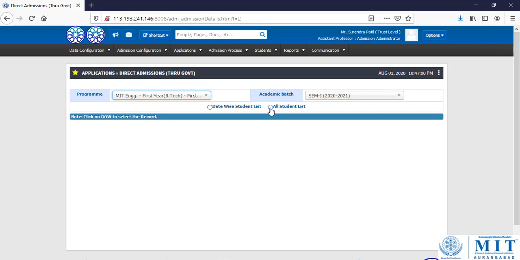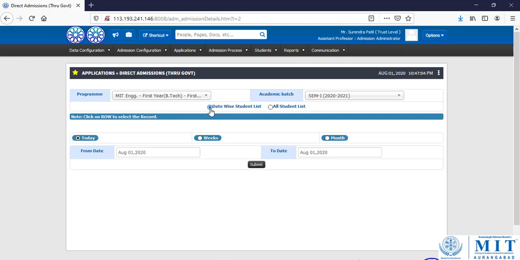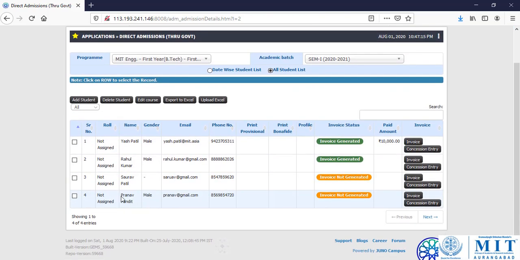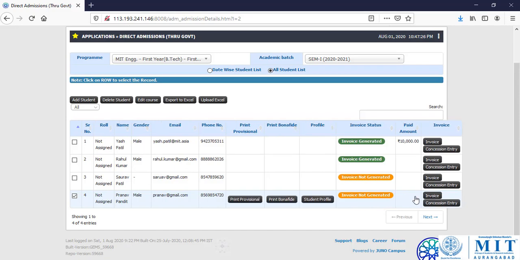If you want to get the date wise list of the student, you can click on this radio button and you can simply select the date range. Or if you want to see the list of all the students, click on this radio button, all student list. So the student will appear here in this list. Right now the invoice status is invoice not generated. To generate the invoice of this student, we have to click on this button, invoice.